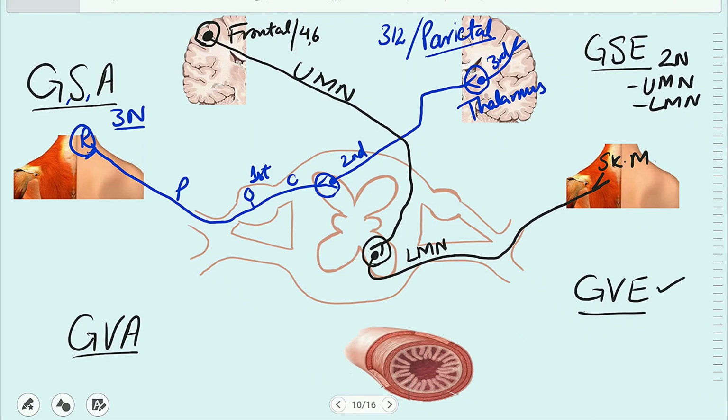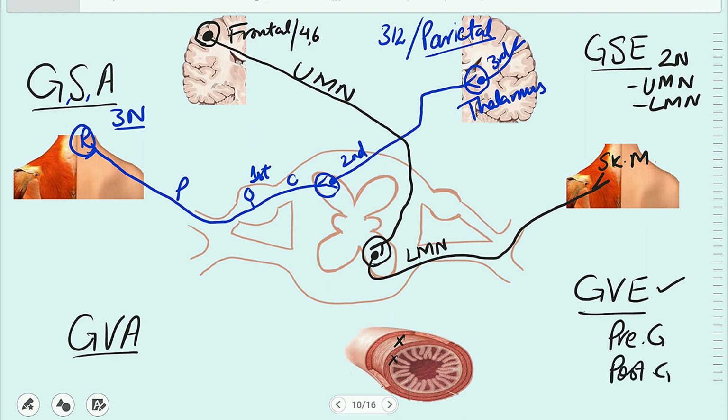And now the general visceral efferent component. This component is for supplying the smooth muscle, glands, and the cardiac muscle. These are the involuntary effectors. For this function, the general visceral efferent component has two neurons, and the two neurons are the preganglionic neuron and the